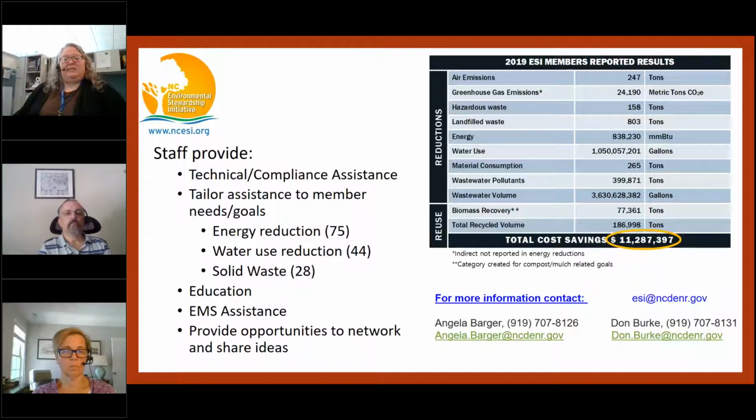What you can see here is, remember I said all of our members have to report to us on their progress towards their goals, and this is from the 2019 environmental report that they gave us. I'm currently working on the data for 2020, so hopefully we'll be able to update these numbers too. But you can see, just from the folks that have reported to us, close to 200 sites,